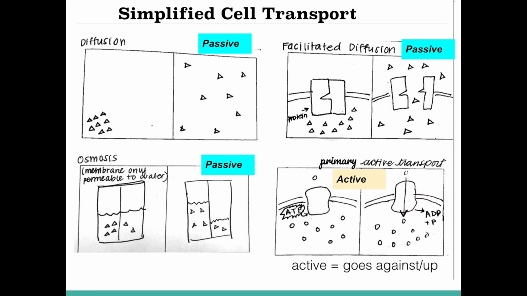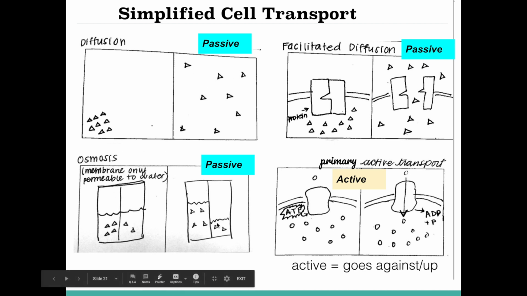All right, so here are some simplified, cartoony images of the different types of cell transport we went over. You don't have to draw these in. I just like to show them because it helps students wrap their heads around it. So diffusion, you're just letting the material spread out more than it was. Osmosis, the water moves to the side that's a little bit more salty, with more solute,